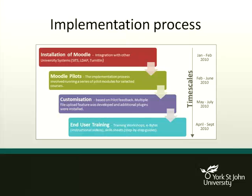And what we decided to do in the end was just say to staff, look, you're going to have a clean start here with your learning spaces in Moodle. You're going to have to start from scratch, which actually probably needed to be done anyway, because we'd been using Blackboard for quite a while and there was a build-up of files. There were kind of legacy files that they don't use anymore. So it gave the staff an opportunity to refresh any materials that they wanted to use in their